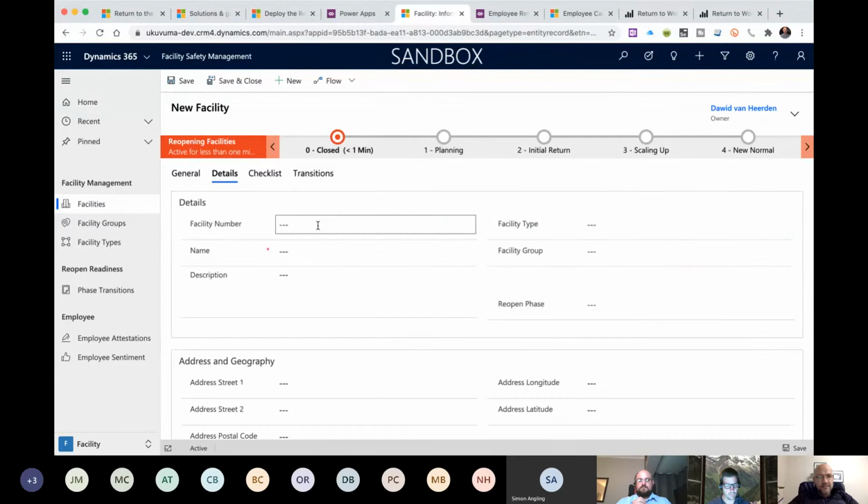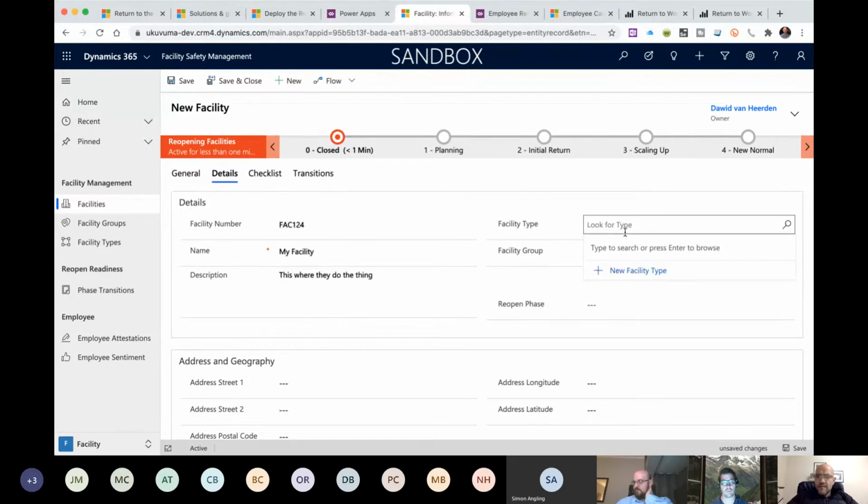If we go to details, the facility number is going to be 124, and this is my facility. Facility type, you can specify whether it's one of those predefined types. In this case, we're just going to say it's a building.